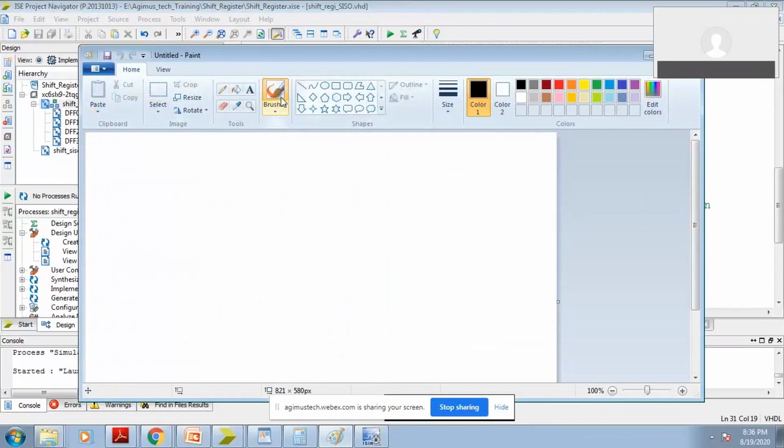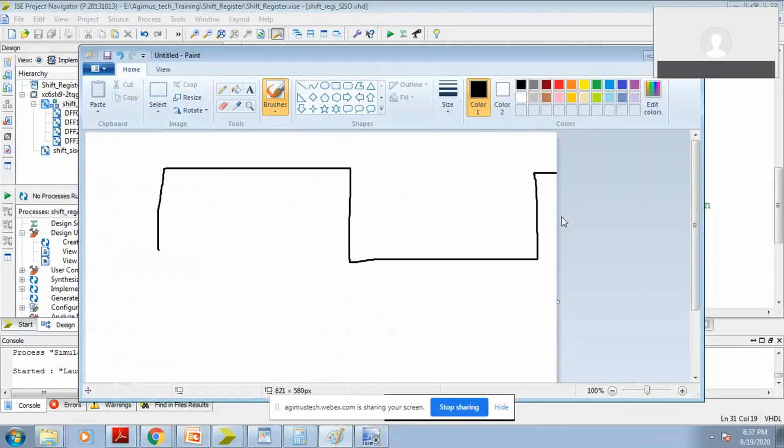So I want to generate a clock of 1 hertz. Suppose this is my 0.5 second, 0.5 second, as a T on and T off. To get this 0.5 second, how many pulses do I have to count?